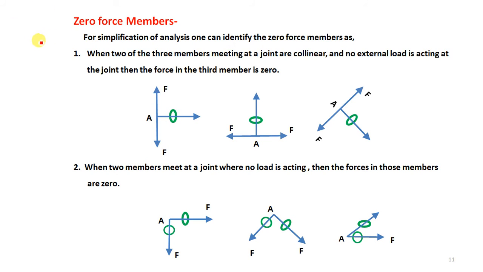So if there is a truss, which is subjected to different forces on different members, and it is asked to you to find out the forces in each member of the truss, whether we have to go for the total analysis or there is some logic to find out that some members do not carry any forces. Yes, if you remember all these points, you are able to find out the members which carry the zero force.